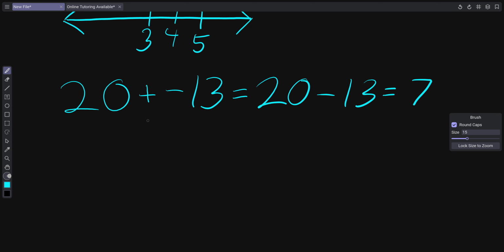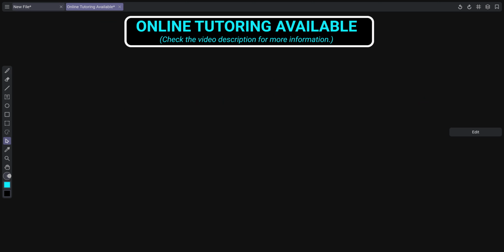What if we had something else, though? What if we had something a little bit more like this? Negative 13 plus 2. So we're actually doing something a bit different here, very similar principle, but we are taking a negative number and now we're trying to add to it. Well,